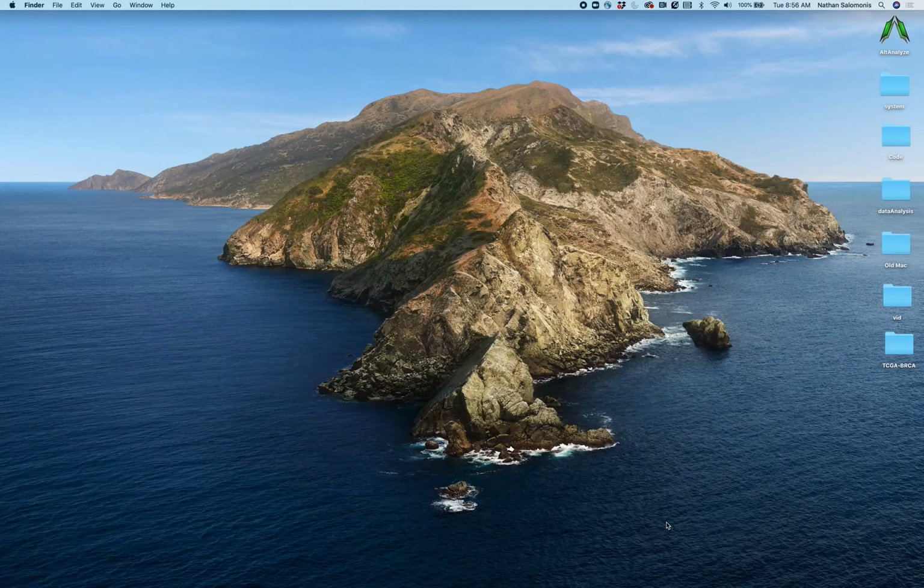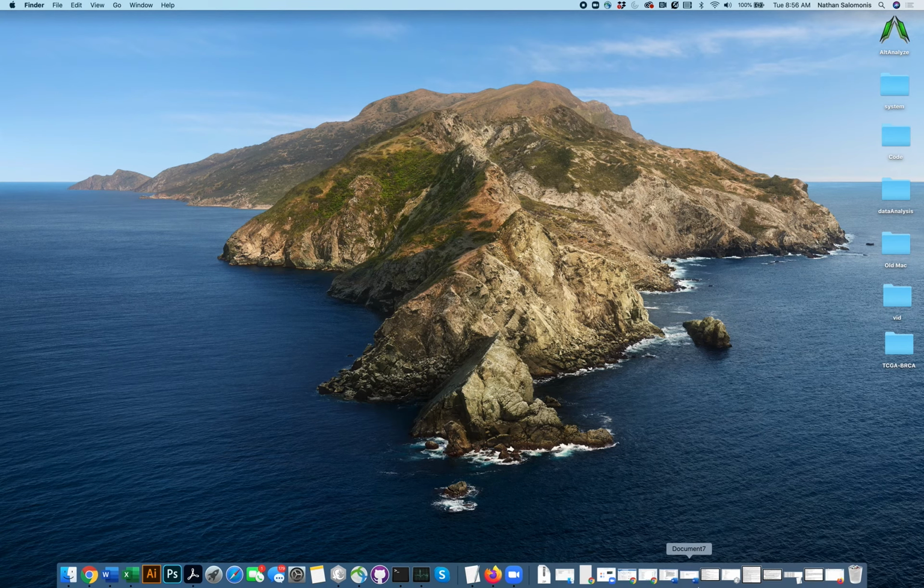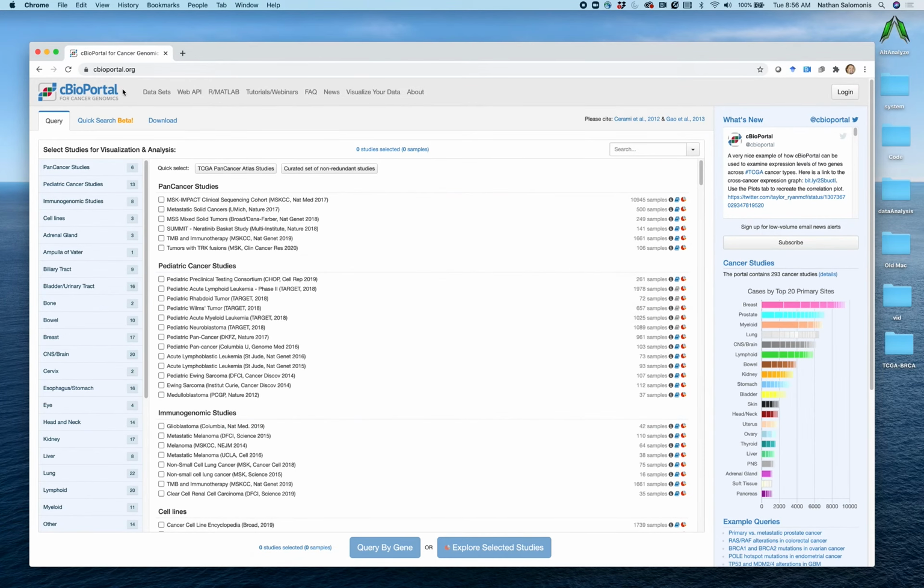In this tutorial, we are going to analyze breast cancer RNA sequencing data from the Cancer Genome Atlas project. To begin, we're going to first download the RNA-Seq data from a website called cBioportal. I have cBioportal open already, and under cBioportal, if you go to Datasets,